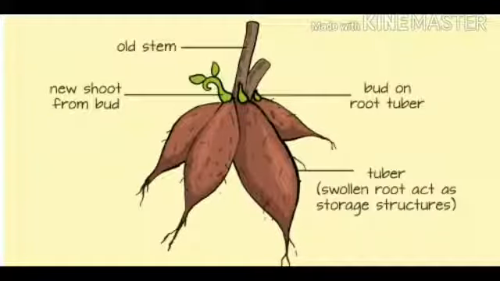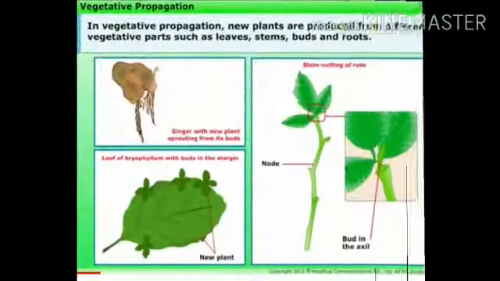In the next image, sweet potato is also developed into a new plant. It is a kind of root which helps to develop into a new plant through vegetative propagation technique. A small bud arises from the upper portion and its swollen base is called tuber. Cut a small portion of it and bury it into the soil and it develops into a new plant. Same in the case of turmeric and ginger, these are also developed into new plants. Turmeric and ginger will develop into a new plant when cut from the portion of nodal region. So this is the example of vegetative propagation.